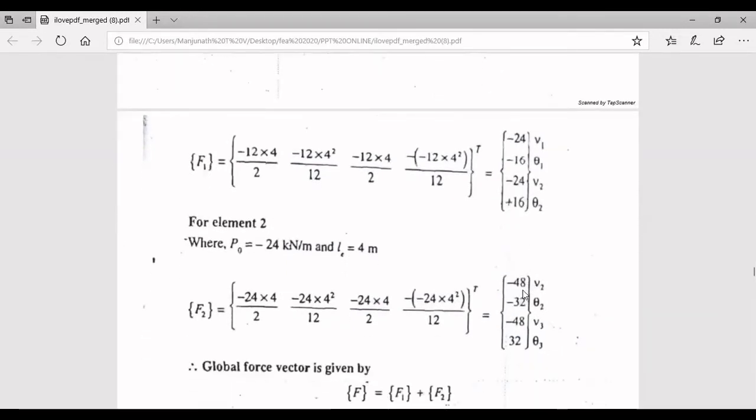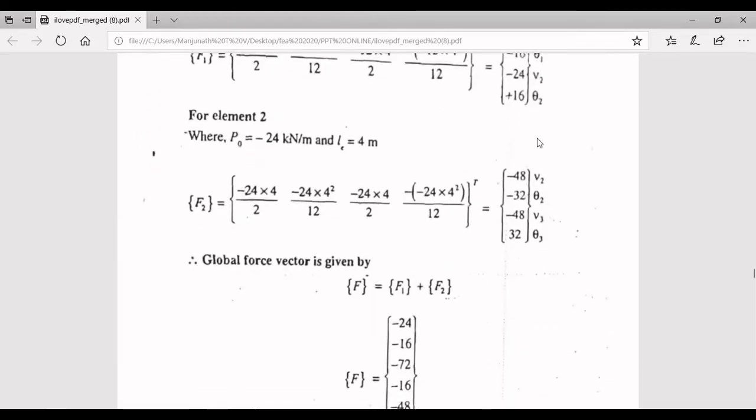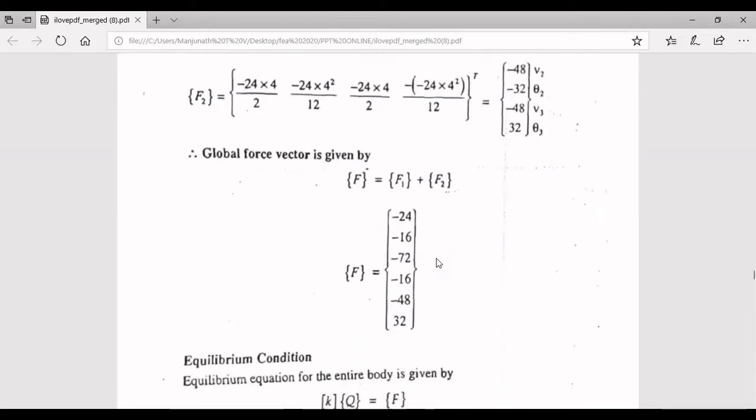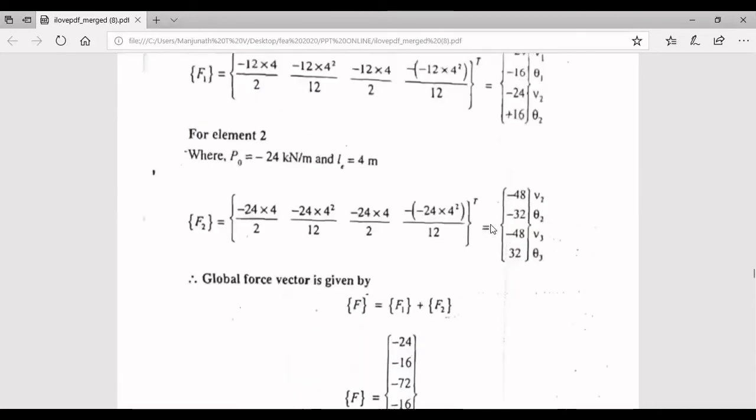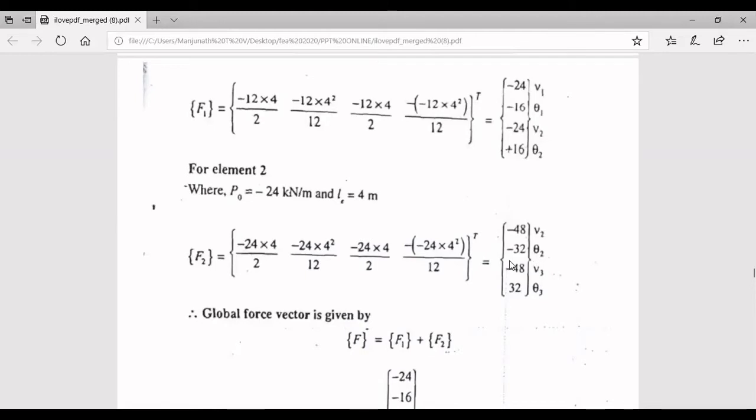From the second element we also have the values for node number 2, that is minus 48 plus minus 32, because node number 2 is the common node for both the elements. So we need to add minus 24, minus 48 and also plus 16, minus 32. Adding minus 24 and minus 48 gives minus 72, and plus 16 minus 32 gives